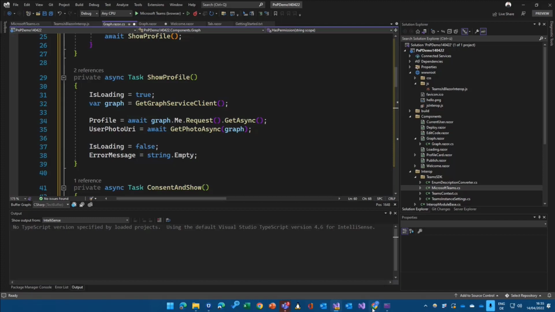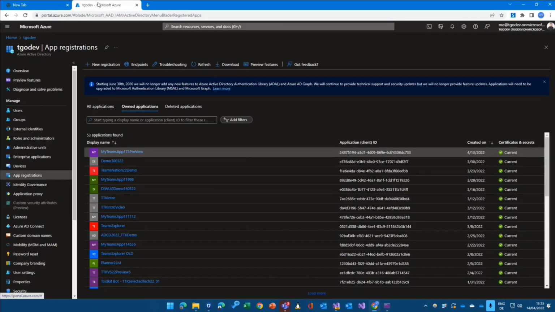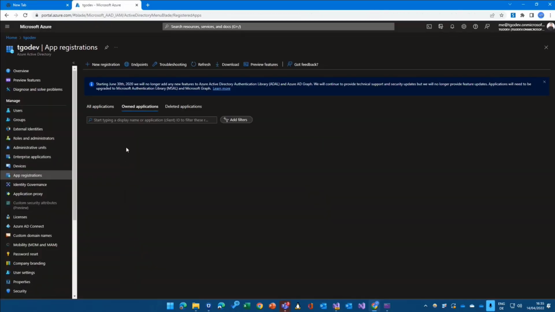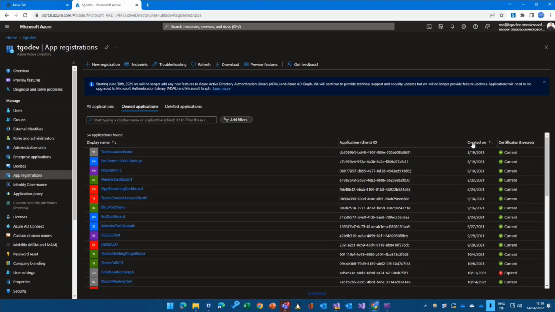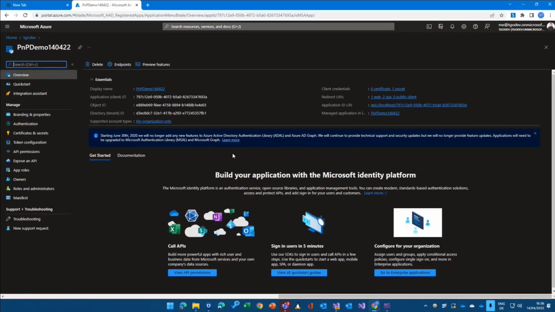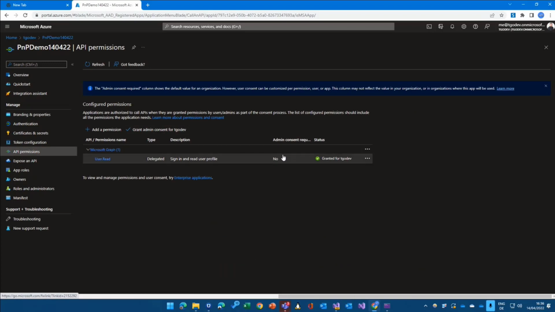But be aware, if I switch over to my Azure tenant for a second, and let's reload that and search or filter that. So you see, that's basically the Azure app registration that got created when I clicked on the Microsoft Teams Toolkit project and created the stuff. And of course, I would need to add more API permissions in here.